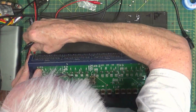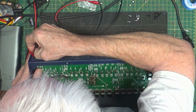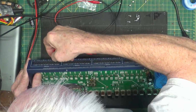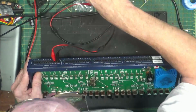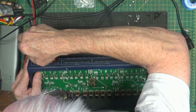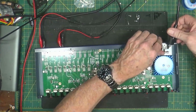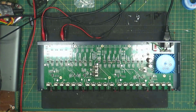We'll hook this up. I don't have any of the Euro plugs for this. This is output. We'll go down here because it gets it out of the way. I'm just going to clip these in with clip leads. That's output. This is input. There we go. And we'll plug it in. Yes, I am turned off. Okay, so if we bring up the scope,